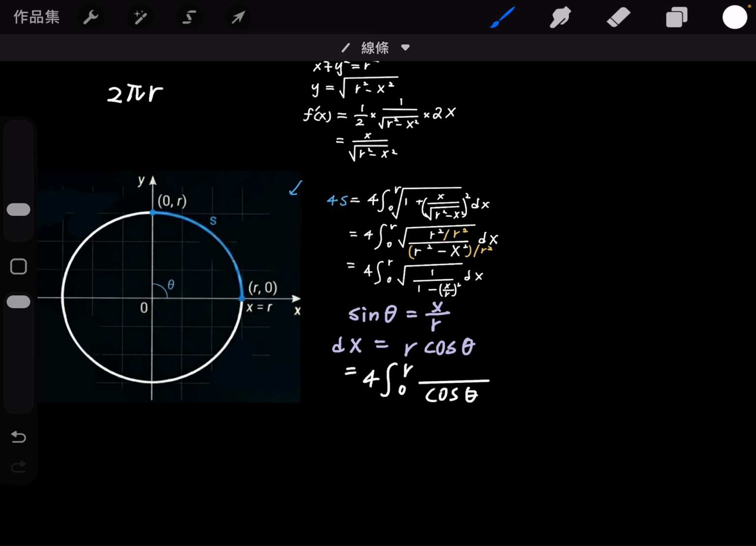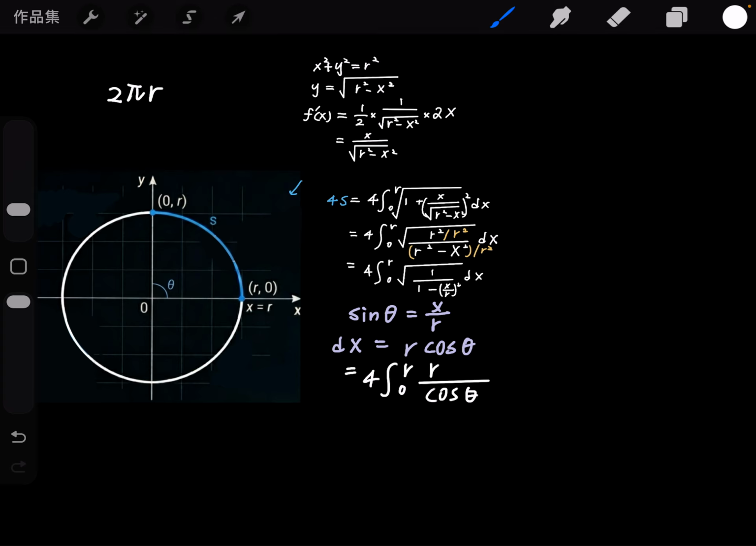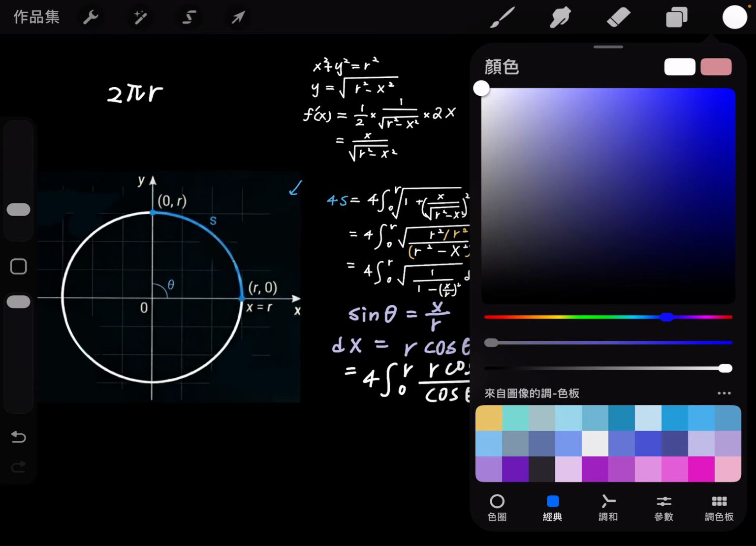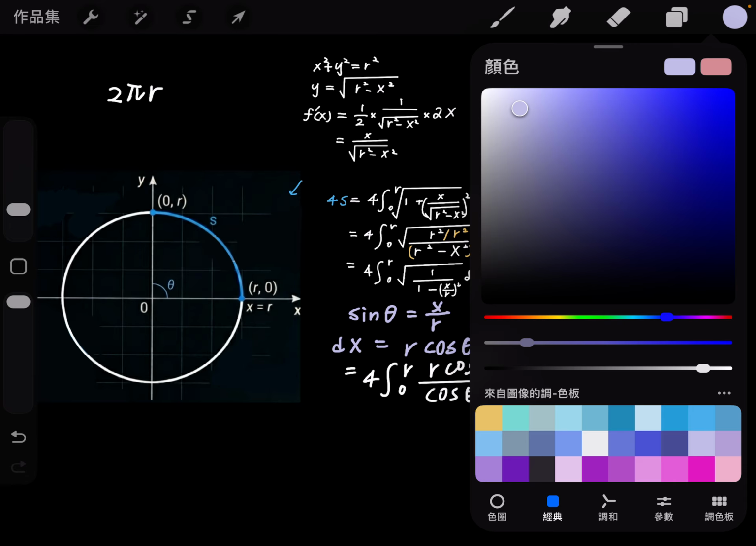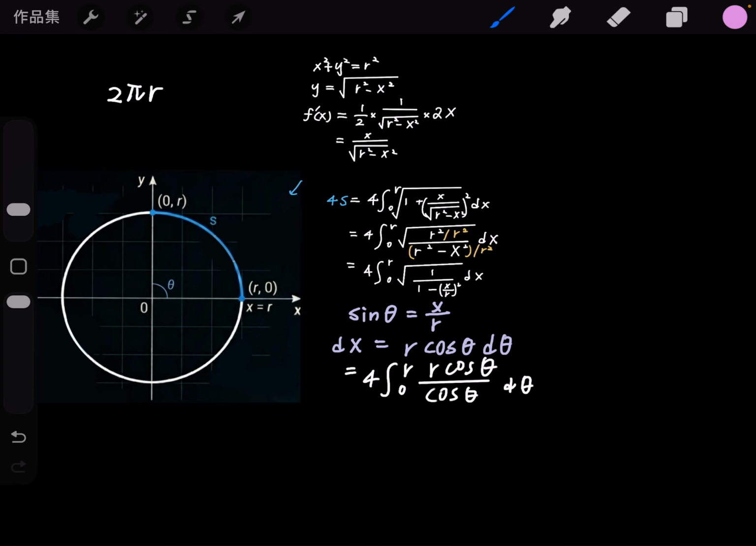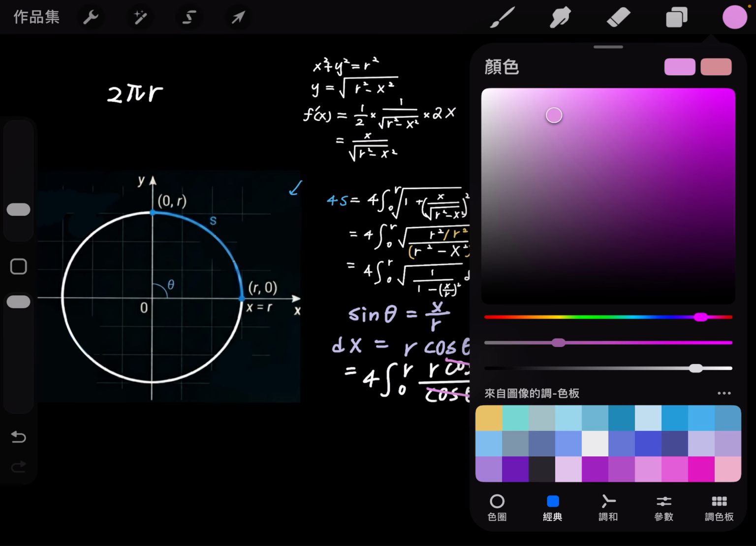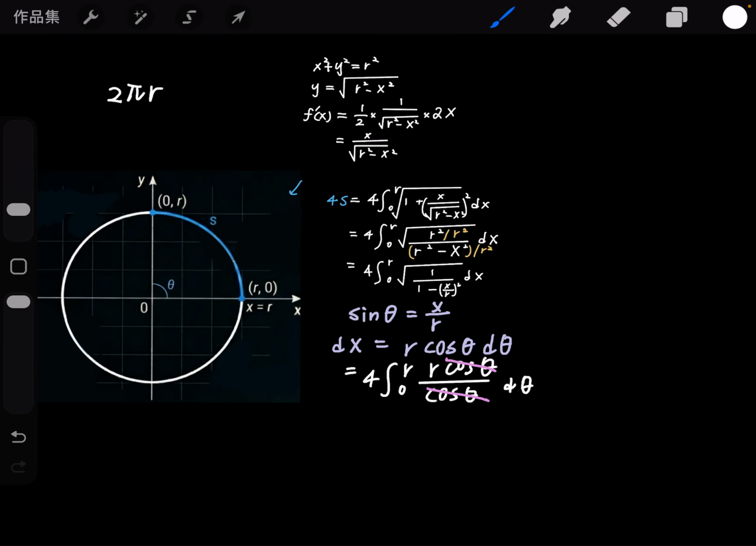and then times, oh no, not times, I don't know what I'm talking about. So on the denominator will be r cosine theta with respect to theta. Oh, sorry, here I forgot to write down with respect to theta. No wonder it felt weird. So now you can cancel out cosine theta, which will become